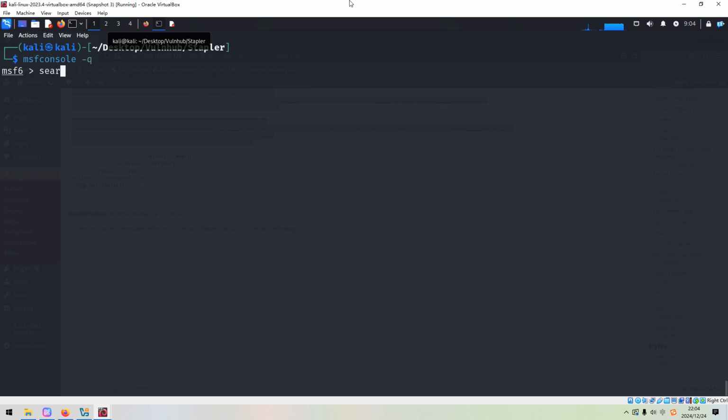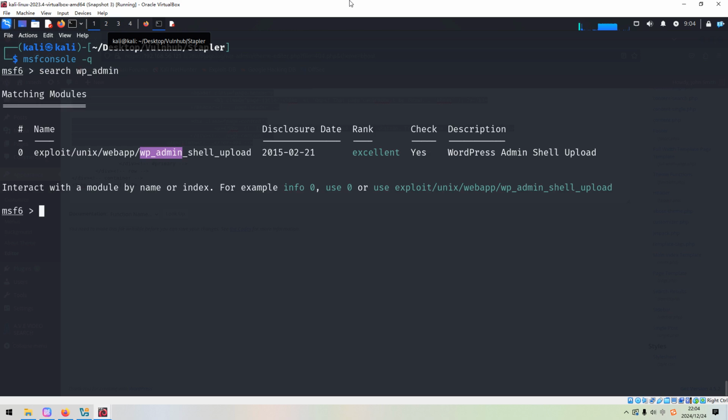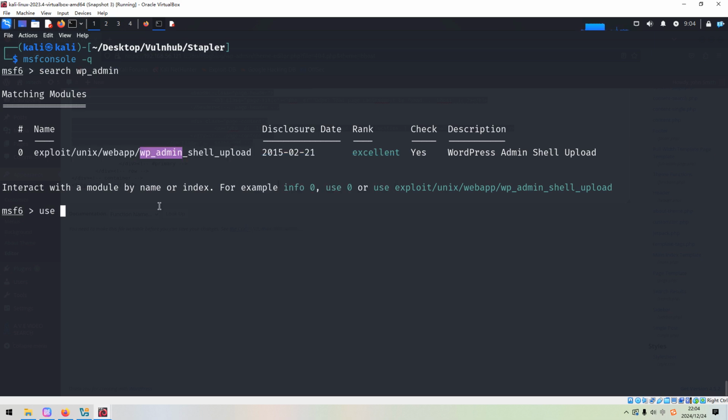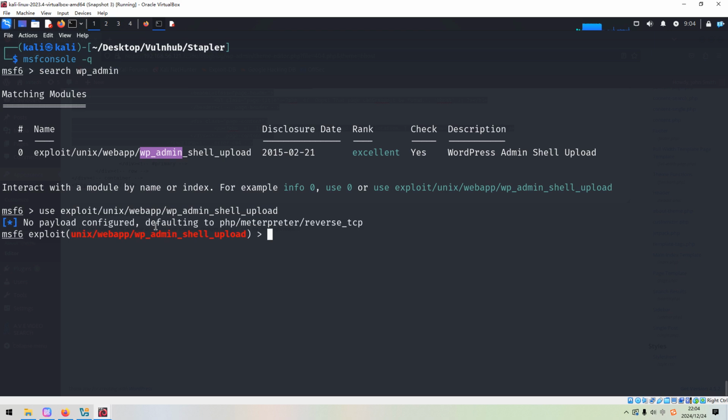We can search wp admin because I cannot remember its exact relative path or module name. We can copy and use this module. I just leave the payload as the default one. So we can show options.